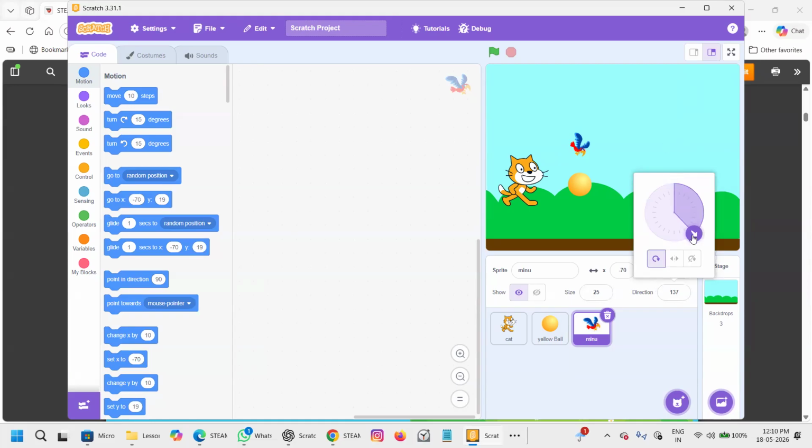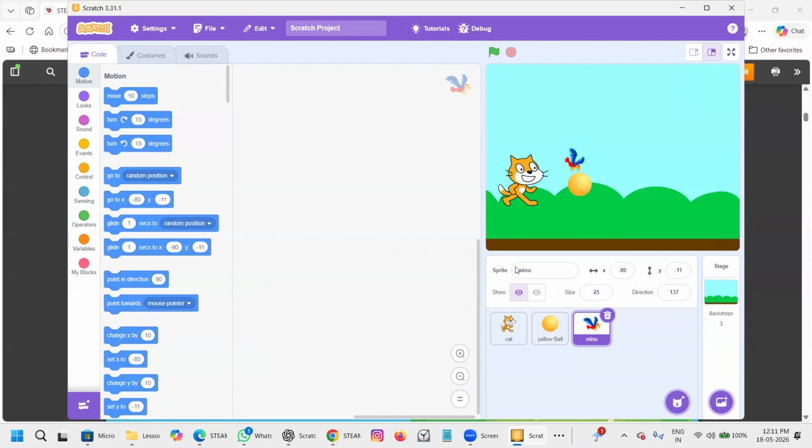So did you understand up to here? So it wants to come and peck on the, what do you mean by peck? With the beak. With the beak, it wants to peck on the ball. What do you mean by peck? P-E-C-K. Peck. The bird pecks the fruit.